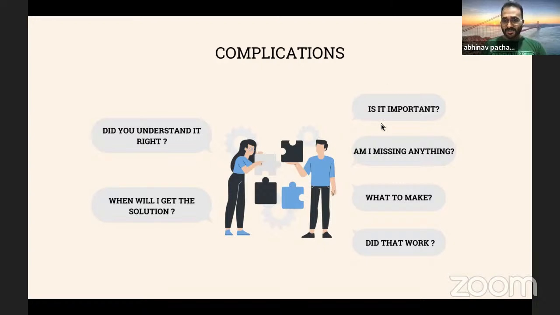Are they making any assumptions there? Do they know how to make it? How would they know that it actually worked for the customer? And finally, the customer is always worried about when they can receive this solution. I'm hoping it makes sense. I will pause for a minute on this, and then we can discuss whether it makes sense to you and whether you would want more examples. But building any product